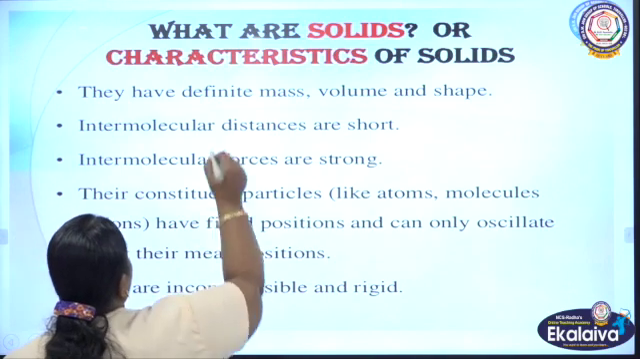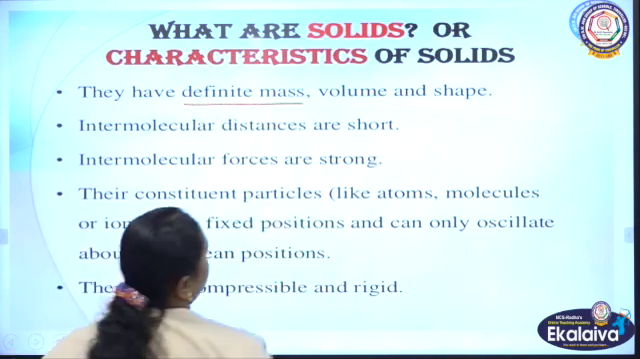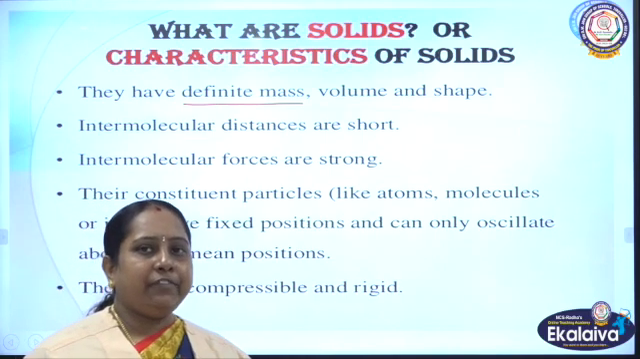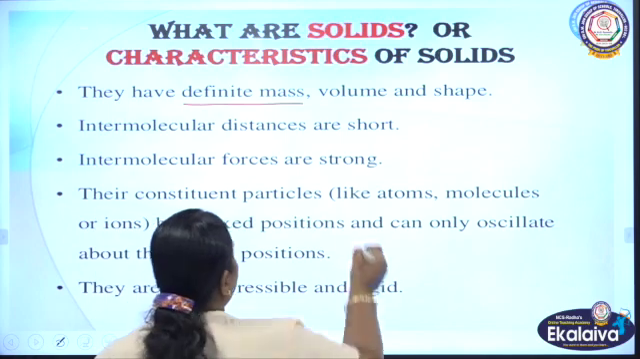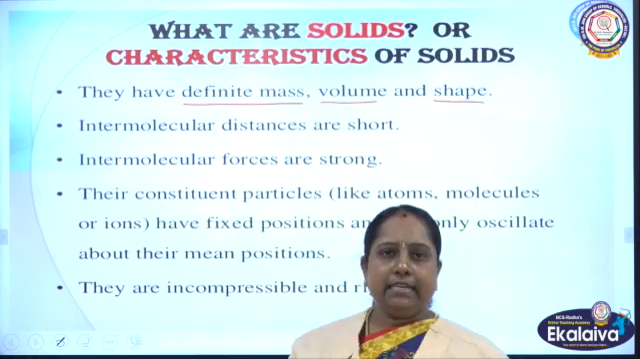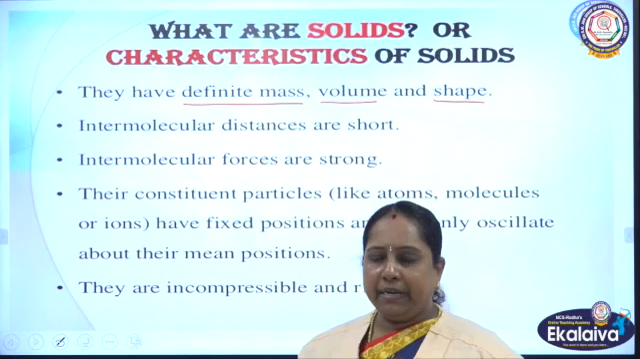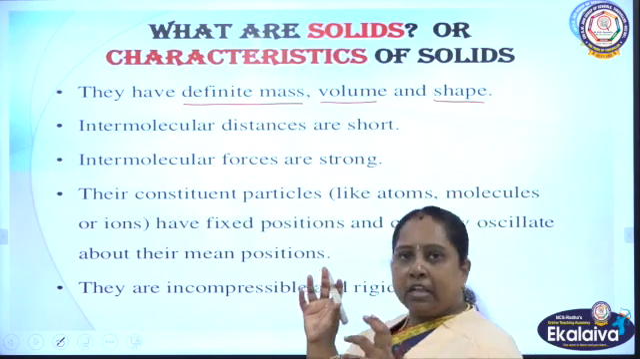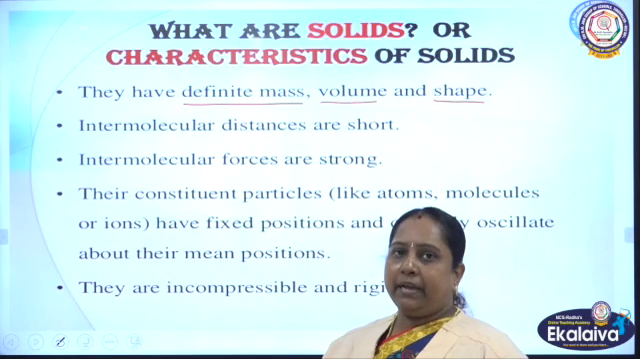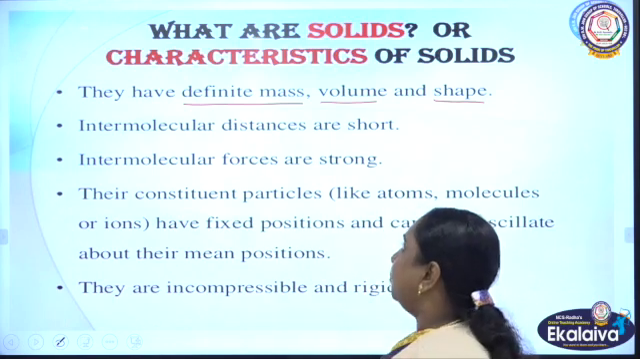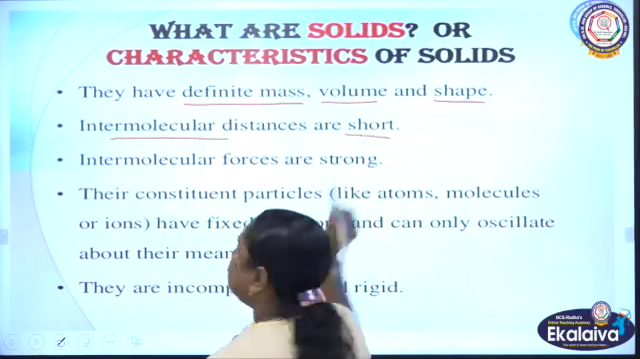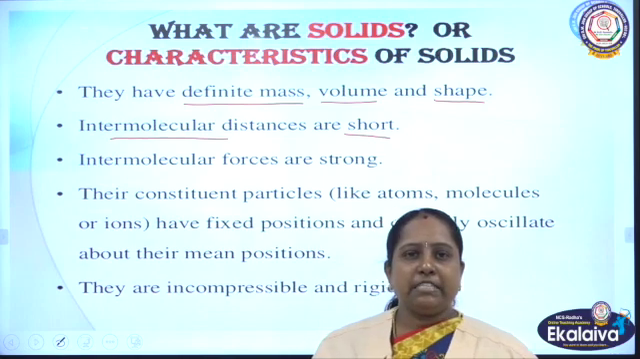So the first thing, solids have definite mass. Actually every solid will have its own definite mass, volume, and definite shape. Generally solid materials maintain a definite shape, and they occupy some space and thereby have mass and volume. Then the intermolecular distances between the solid particles are so short, which means that the particles